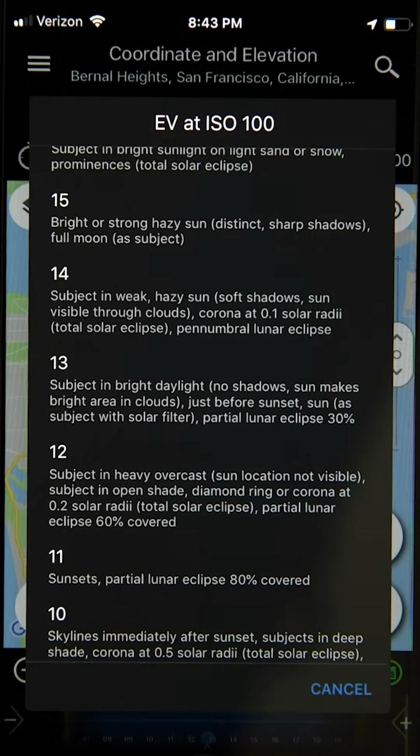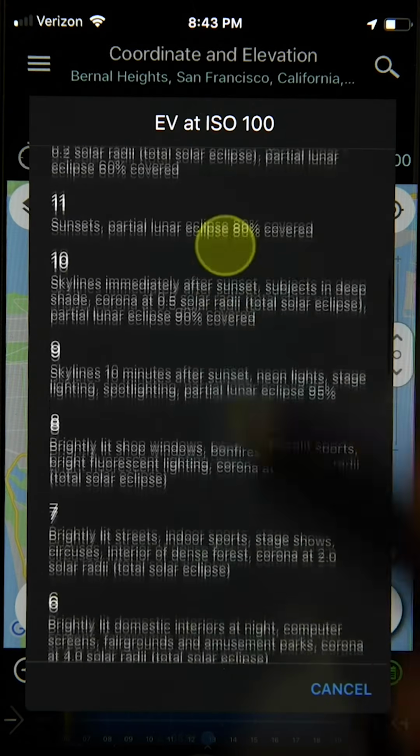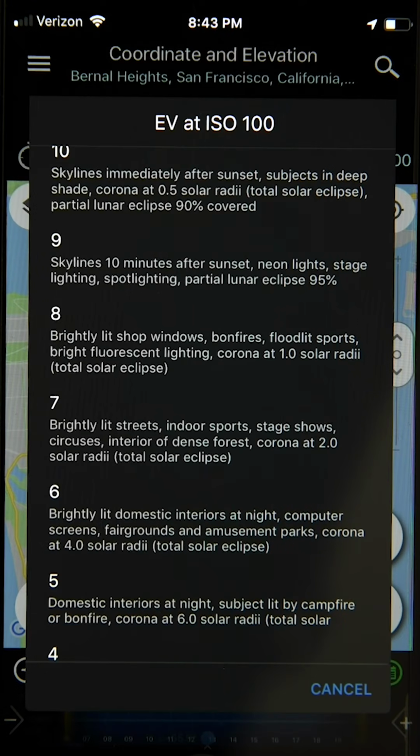Now, I just want to explain a little bit more about the background of exposure value and what it really represents. The exposure value is actually a combination of camera settings based on a reference ISO of 100. It's actually not a measure of your scene's brightness per se. Instead, it refers specifically to your camera's exposure settings. And when I say camera exposure settings, what I mean is a specific combination of aperture, or f-stop, shutter speed,